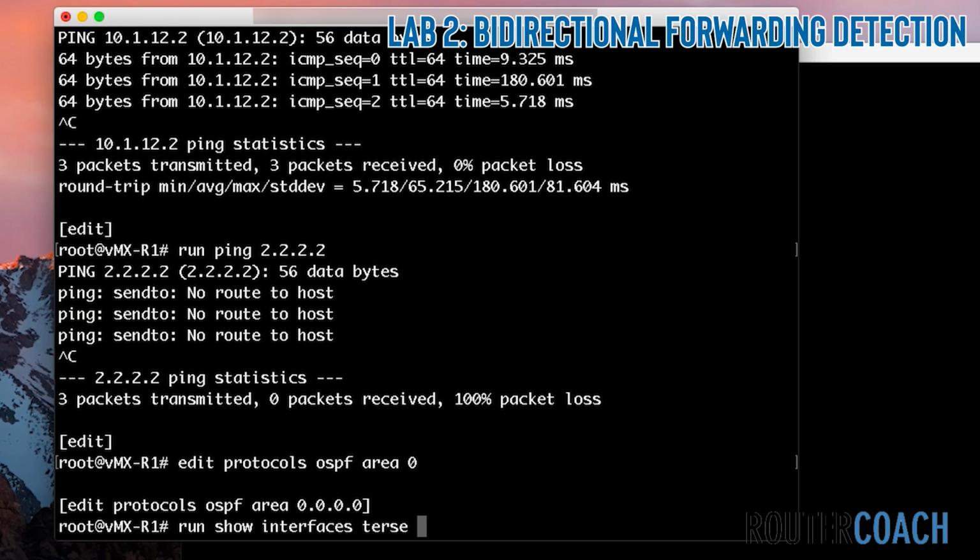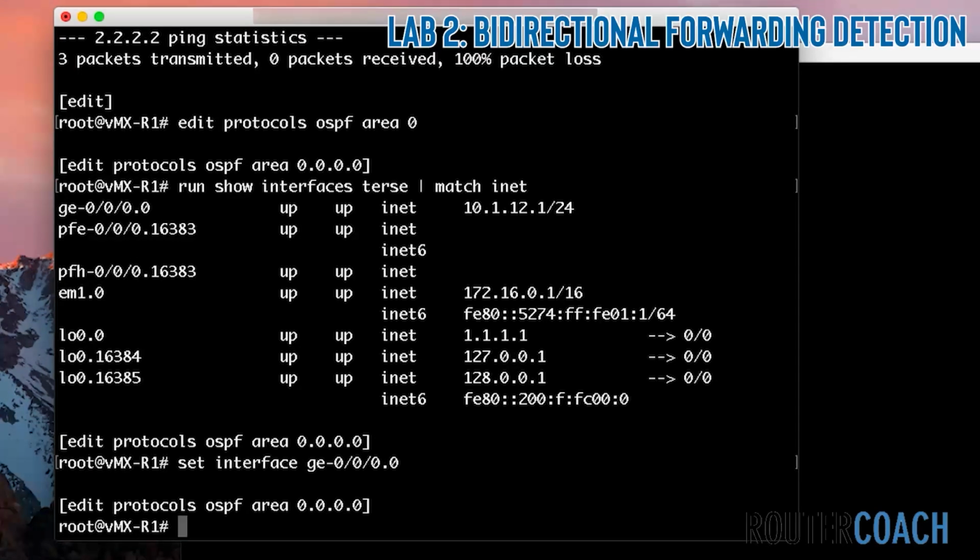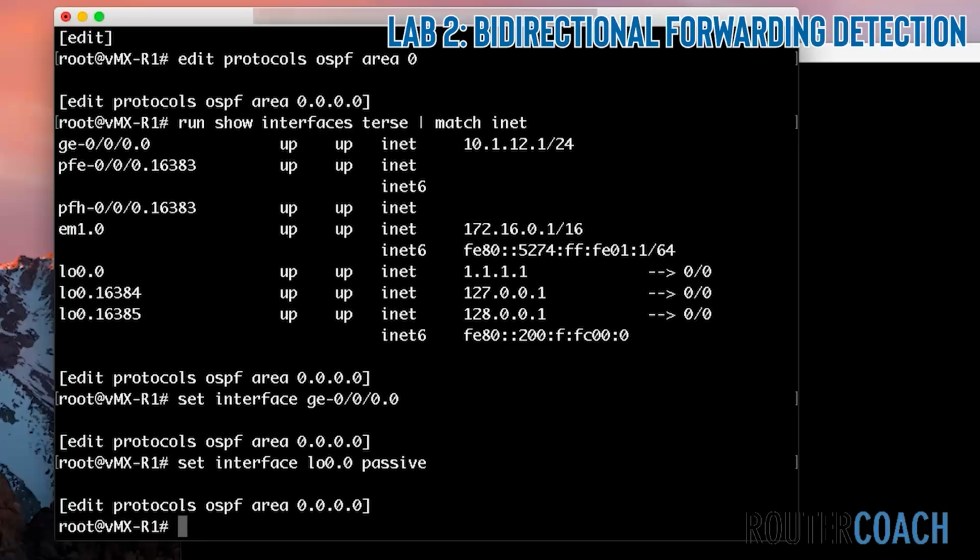Now the two interfaces that I've got are, let's do show interfaces terse and match on inet. And I can see I have ge-0/0/0 on this side and also lo0. So set interface ge-0/0/0.0 and set interface lo0.0. And we're going to make it passive because we don't need to send any OSPF hellos or updates or LSAs out the lo0.0 interface. Let's commit that